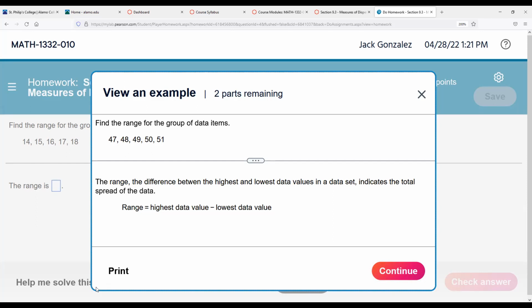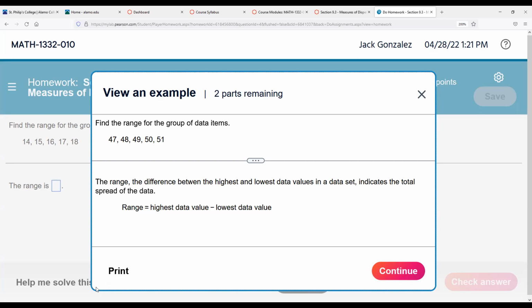Now, the measurement of dispersion means like on average, how far away were you from the center? Because I could go 7 days in a row at 7:30, and then 7 days in a row at 8:30, and average them and be there at 8. So that combination would show me that the dispersion is pretty spread. The data points aren't that close together. That's what dispersion means. So range is just one way to find, or is one measurement of dispersion. That's all that means. So let me write down this example: 47, 48,